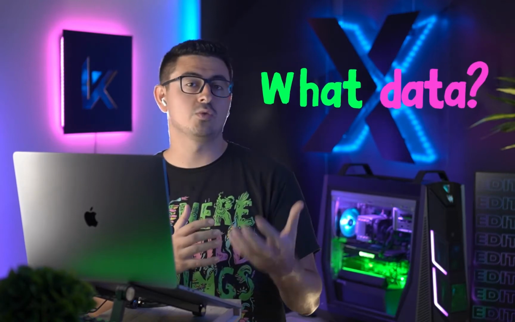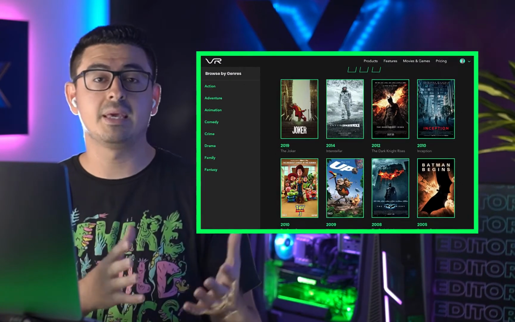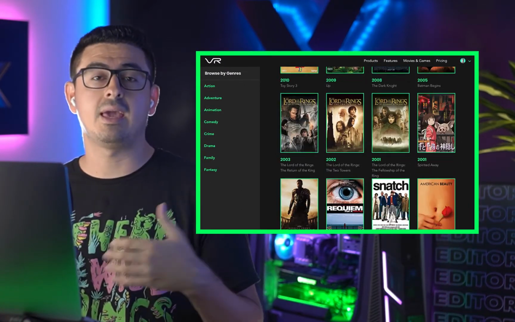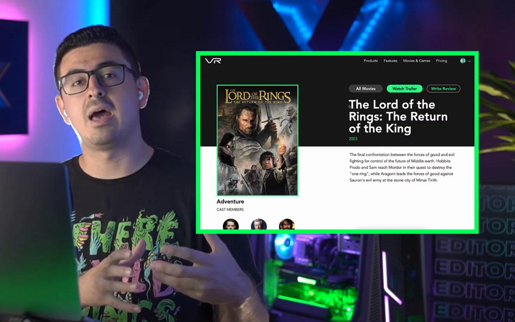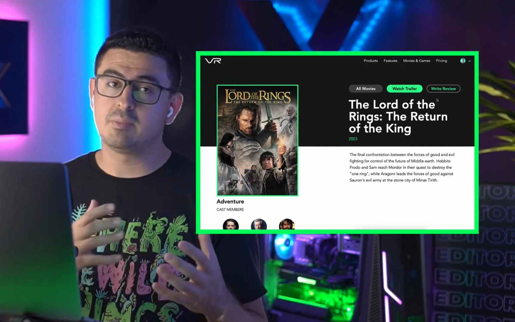We'll want to start by identifying the purpose of our site. What data will we need to store, and if we plan to collect data from our visitors. Typically, it's always a good idea to sketch some flows around our data architecture. For example, in our StreamVR site, we will need to display dynamic pages for every movie and game. Each page will need to have its own URL for ranking on Google, and it'll need to be published by